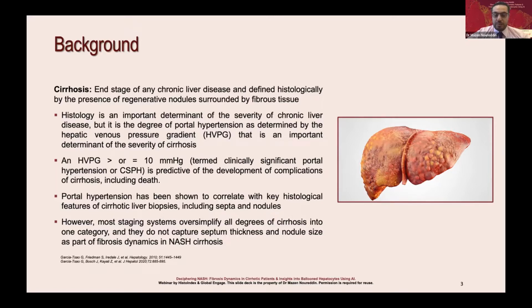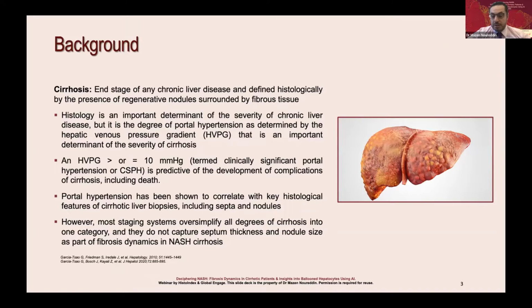This is not apples to apples or oranges to oranges, because cirrhosis is way more complex in pathophysiology, architecture, and many other things. So rather than looking at just a line of fibrosis, there are other things to consider. For instance, when you get to cirrhosis, you get the nodules. And those nodules are not created equally. They could be small, they could be large, they could be intermediate, and each one of them has its weight on the stiffness and eventually the portal pressure.